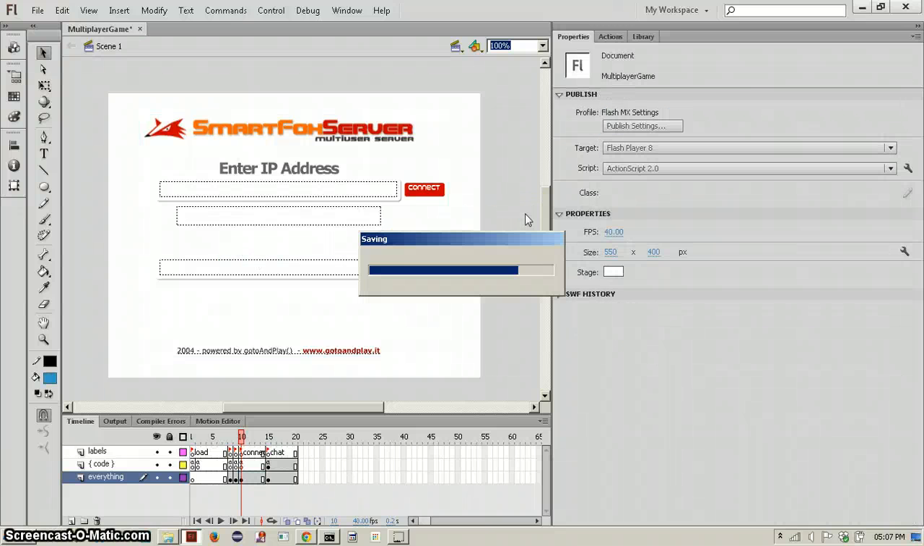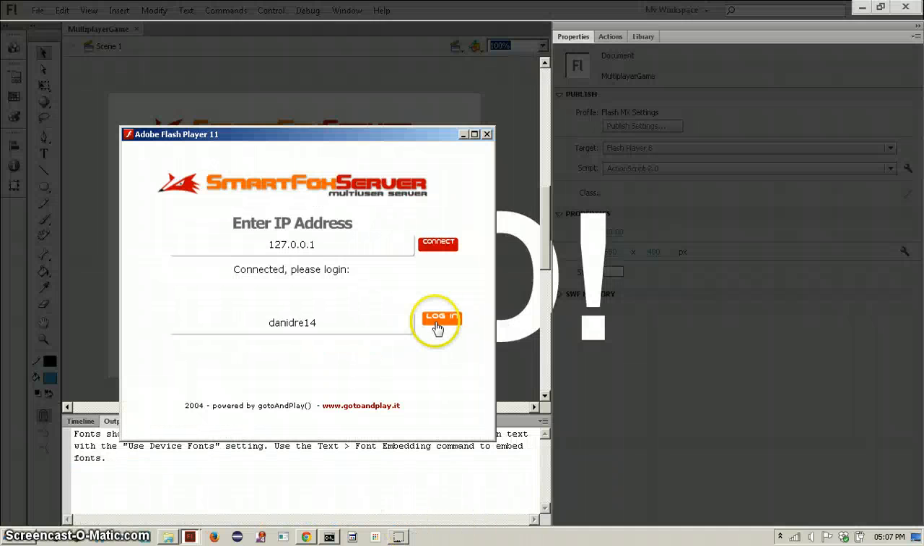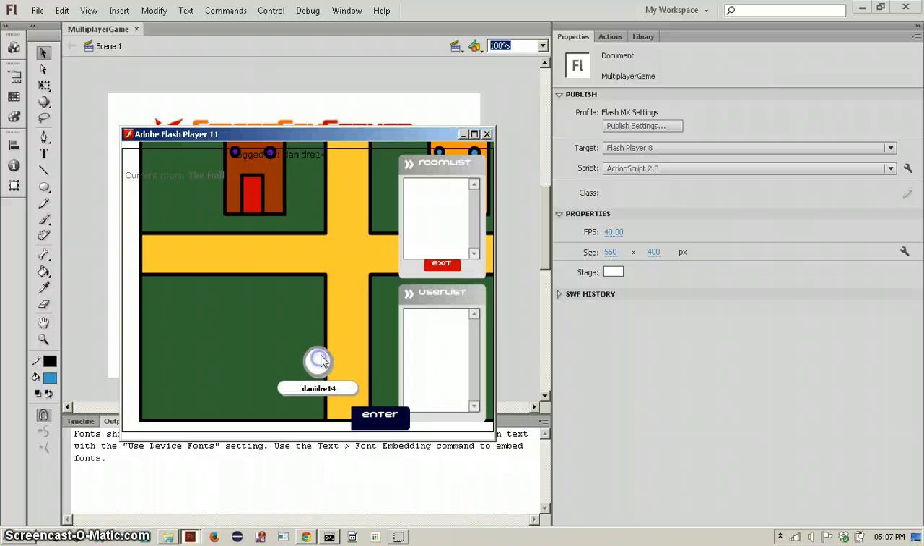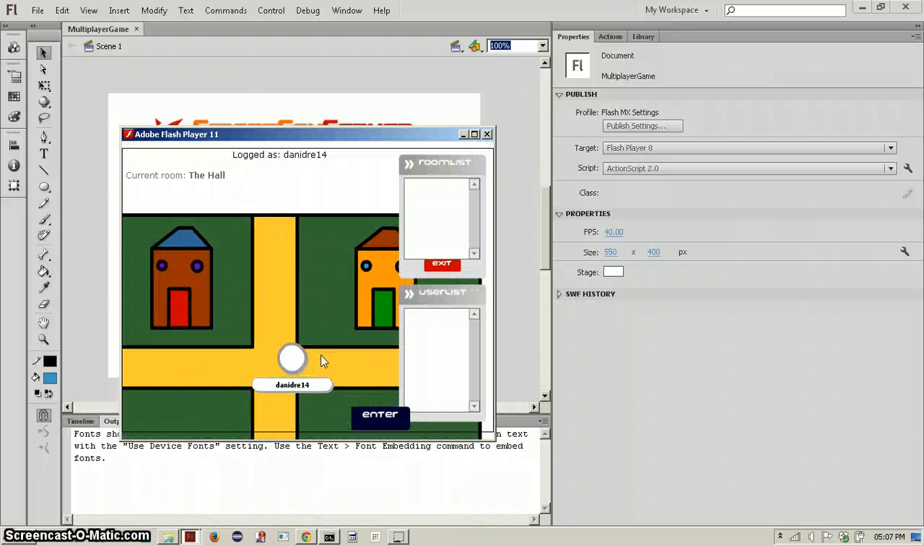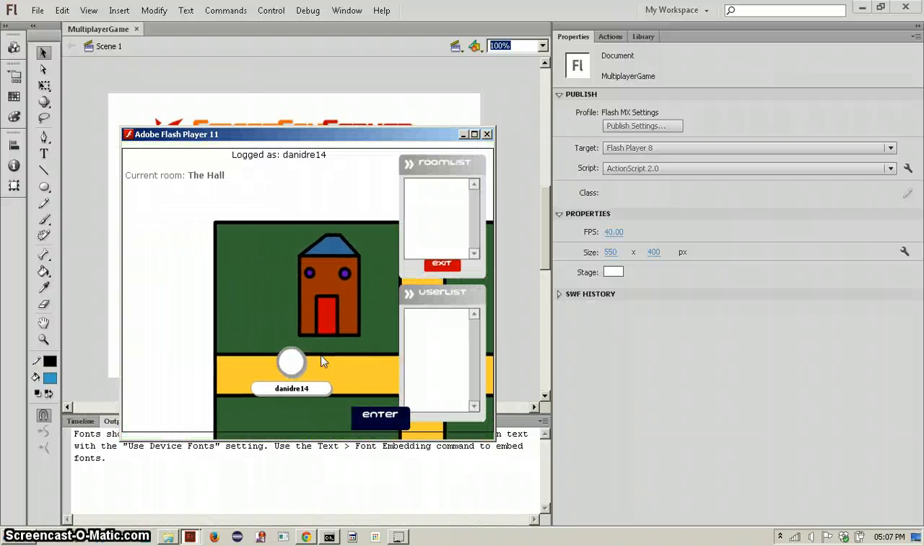So let's just play until time is up. Log in, and this is the map. So it basically looks like we are actually moving on some